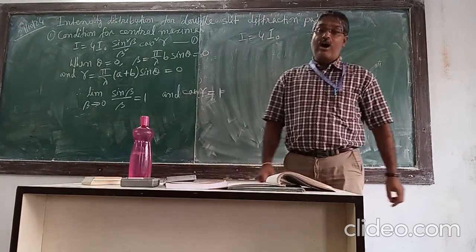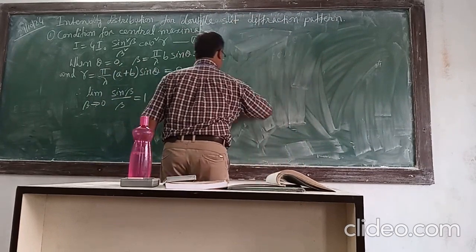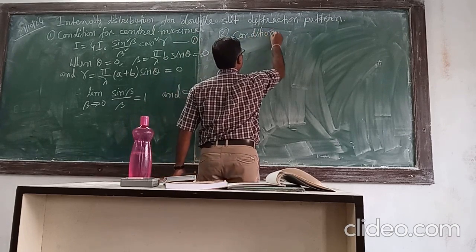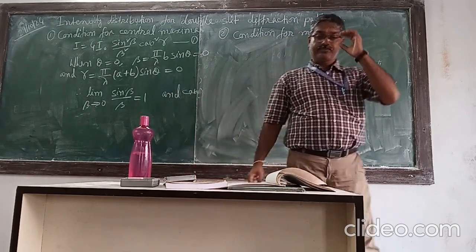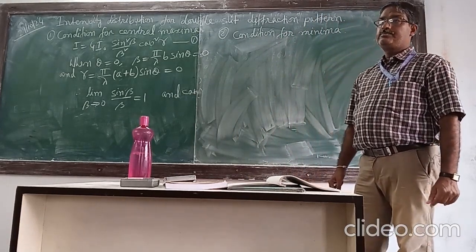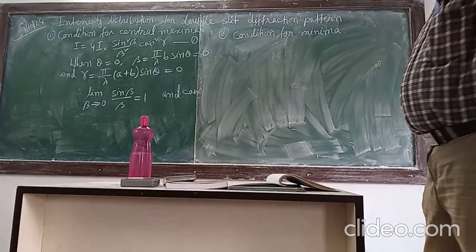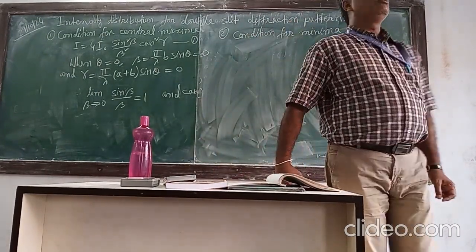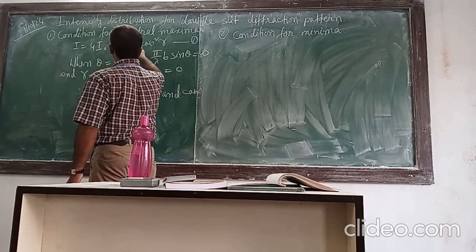Number 2, condition for minima. For diffraction minima, the intensity is 0 when sin beta equals 0